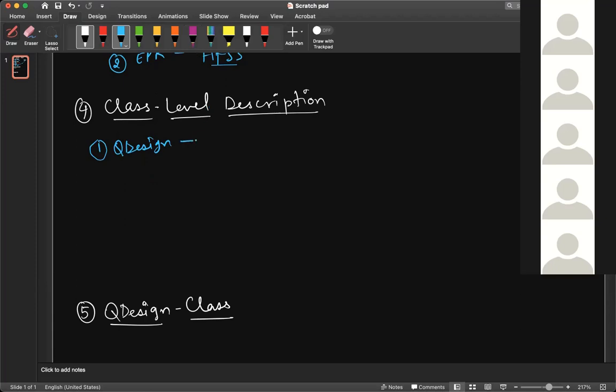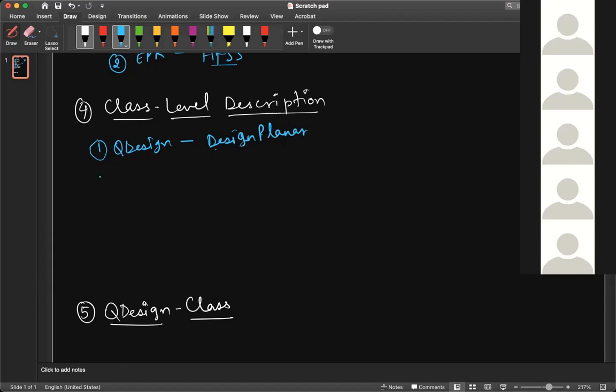Under that there is one class known as design planar. This design planar is a subclass of QDesign, which basically says that my design is on a plane, so it's a 2D design. As of now, only design planar is there in Qiskit Metal, but there are other types of design also. We can do 3D design, and we have different types of design for classical chips. More things can be added, and it's under progress. But as of now, we just have one, which is design planar, a 2D design.